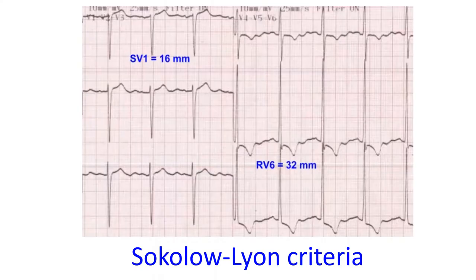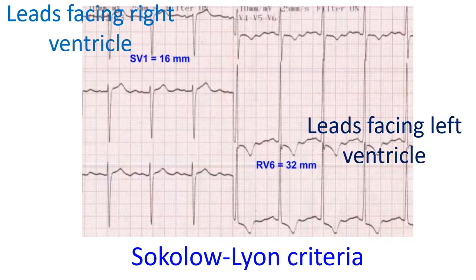A simple measurement for left ventricular enlargement on ECG is the Sokolow-Lyon criteria, which is often printed on automated reports. Sum of S wave in V1 and R wave in V5 or V6 more than 35 mm, or R wave in V5 or V6 more than 26 mm, is considered significant as per this criteria. This is based on tall R waves in leads facing the left ventricle and deep S waves in leads facing